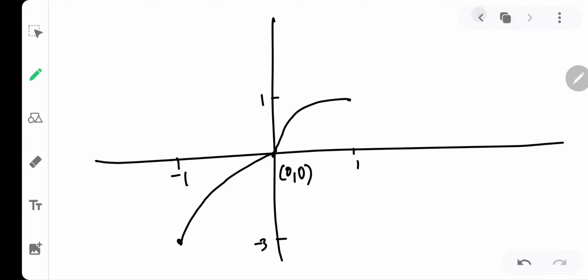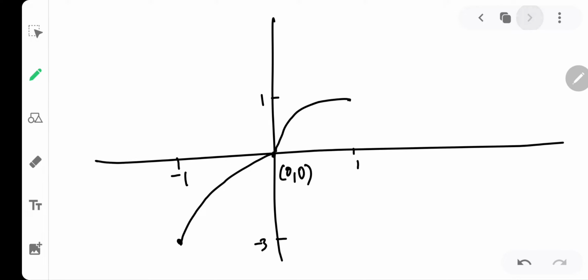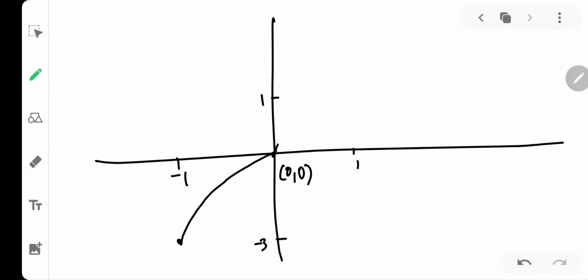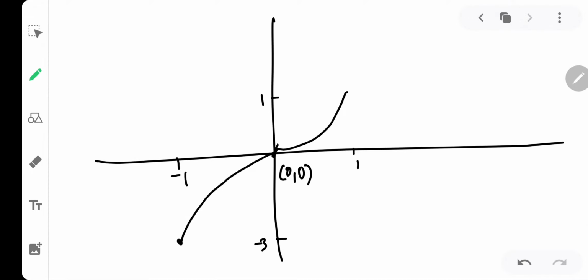Now at x equal to 1 the value was again 1, but at x equal to 2, okay, wait a minute, I just made a mistake over here, very sorry. See, x square is a parabola with a positive leading coefficient, hence it will open vertically upwards. I am extremely sorry for that. It will be something like this, vertically upwards. Here, x square's coefficient is minus 1 in the other piece, hence that one opens vertically downwards, as you can see.